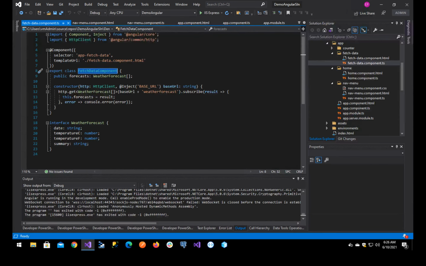If I go to the fetch data component, you will see that we have in here, okay, this is the selector, this is the HTML, this is the class for the component, and we have all of the information required. We also see that in this case we have a defined interface which will have the contract for the data, for the properties contained in the data we are going to receive from the call to this endpoint. Okay,